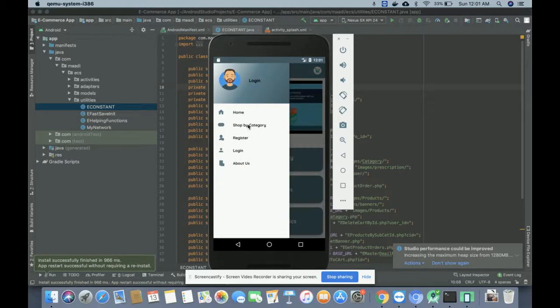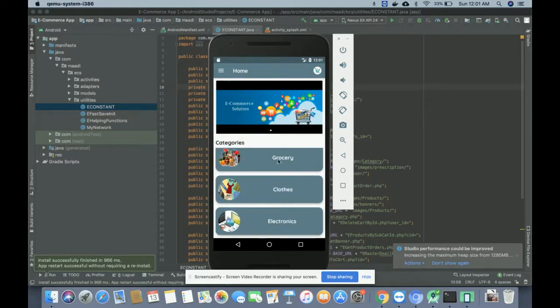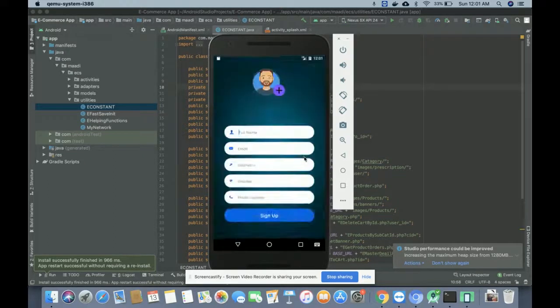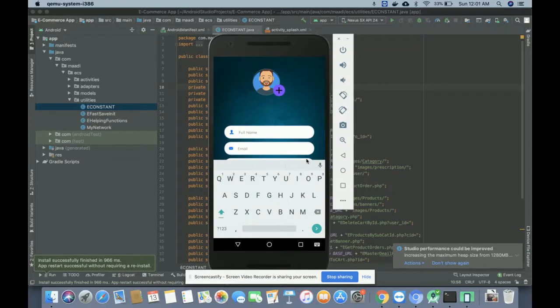Okay, so this is the navigation pane. There are two types of navigation pane available here. The first one is without login. If the user has not logged in, the user will see this navigation pane. This is the home page, the same page, and after that search by category, which is the same page, and register. If you don't have a user ID and password, you can register from this page, and once you register, you will be able to log in using that user ID and password.